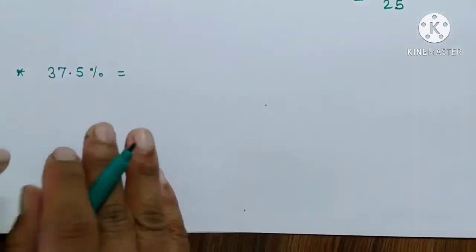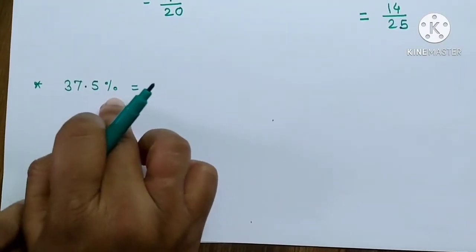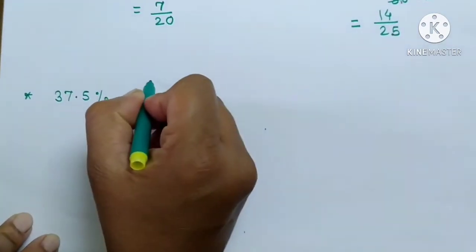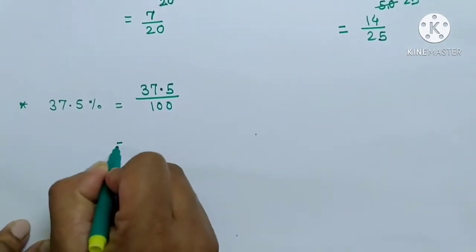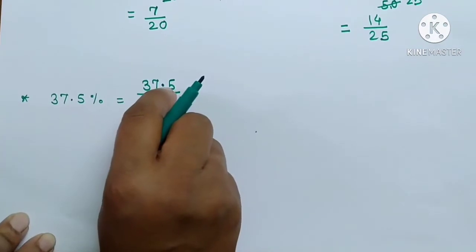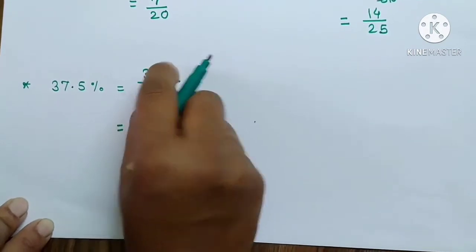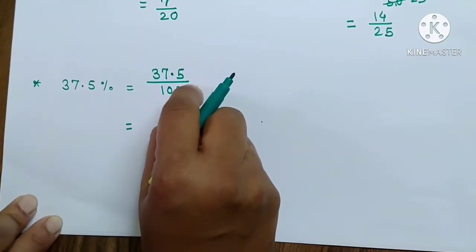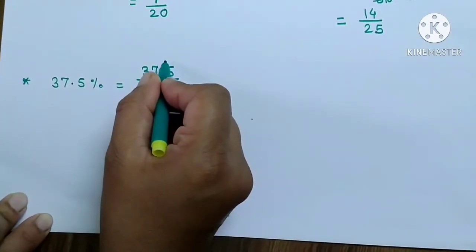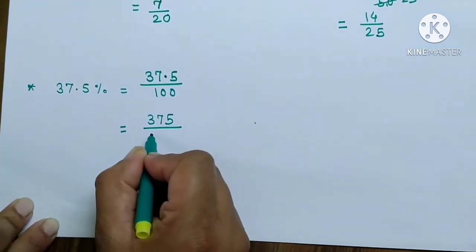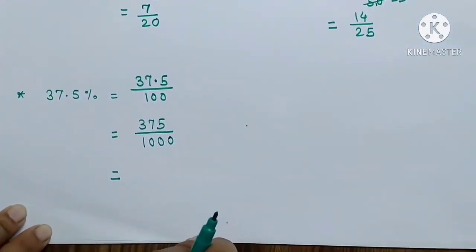Now I am going to convert 37.5% into a fraction. So write 37.5 upon 100. Now I am going to remove this decimal sign. After the point there is 1 digit, so when the point is removed, a 10 is added in the number below. 375, I removed the decimal point. So I am going to add 10 on 100. Okay. Now I am going to reduce these two numbers by 5.